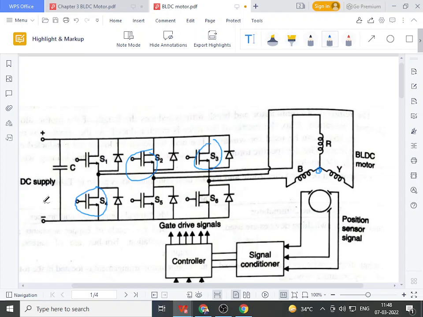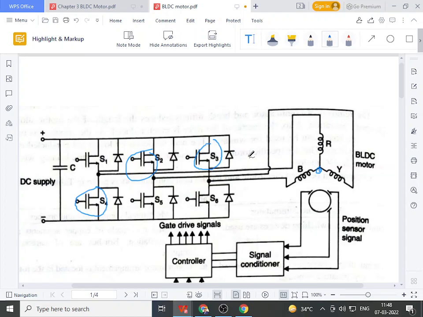Now here the BLDC motor always rotates in a continuous way. There is no stepwise movement, but after 60 degree rotation, the rotor position is sensed, and continuously there will be turning on and turning off of power semiconductor switches, so that the rotor will continuously move in either clockwise or counterclockwise direction.